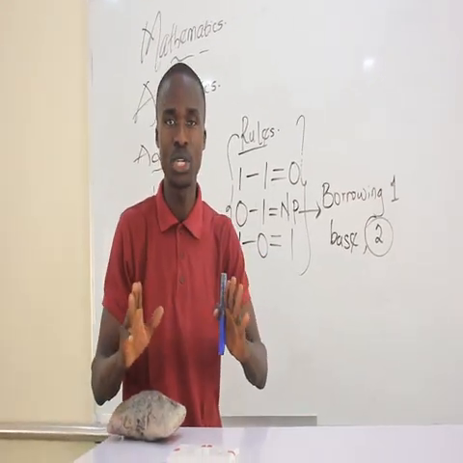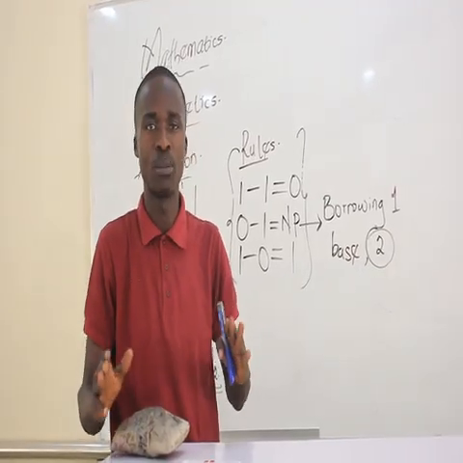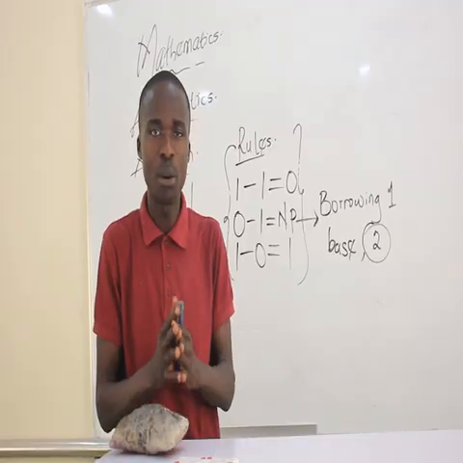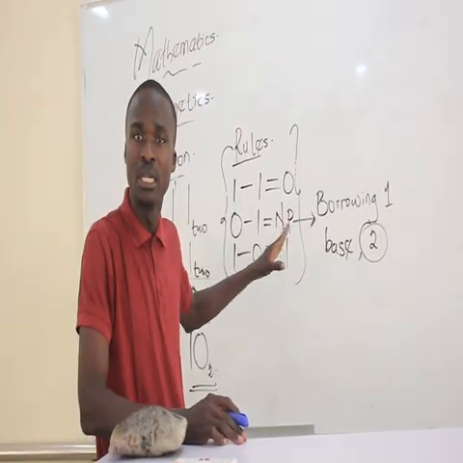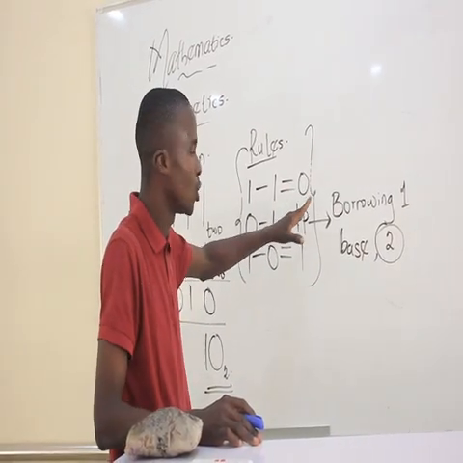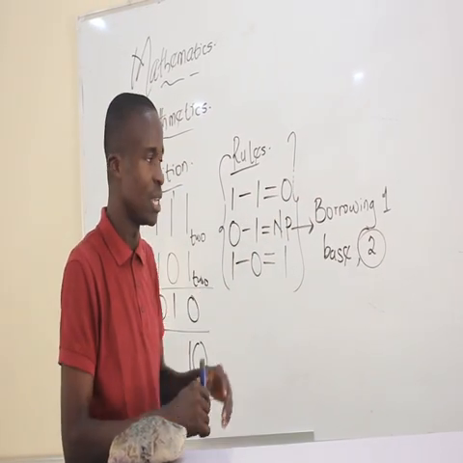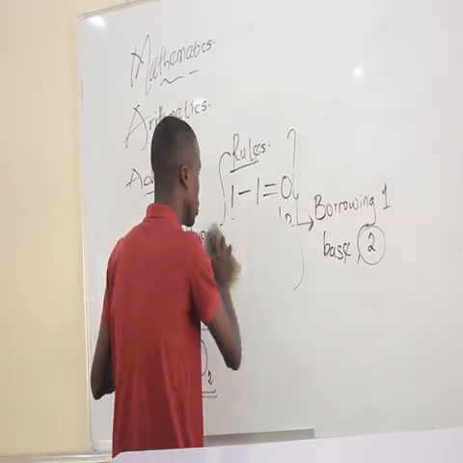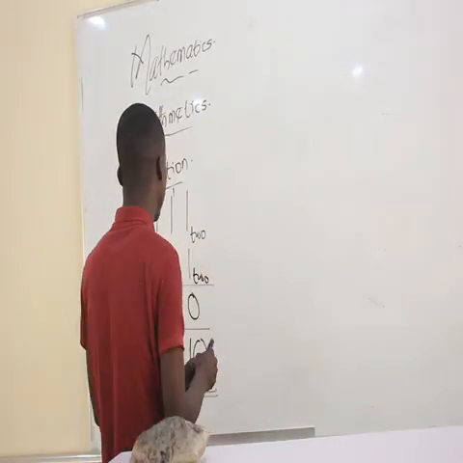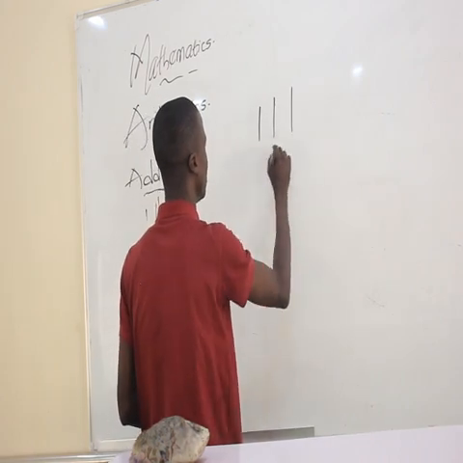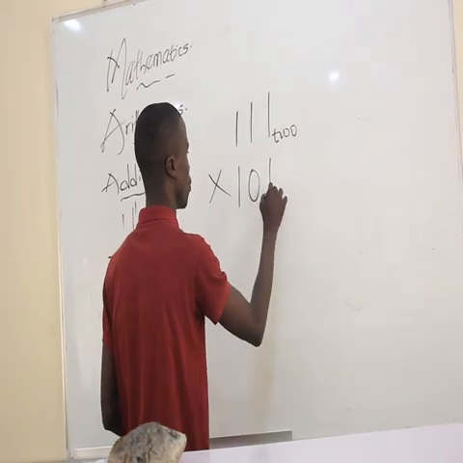When you do multiplication, it is same as normal multiplication. It's just that you would give reference to the number not going beyond or above the base. It must not exceed the base. You must give consideration to that. So let's do this multiplication together. If I'm using the same example, 111, which is in base 2, multiplying 101, also